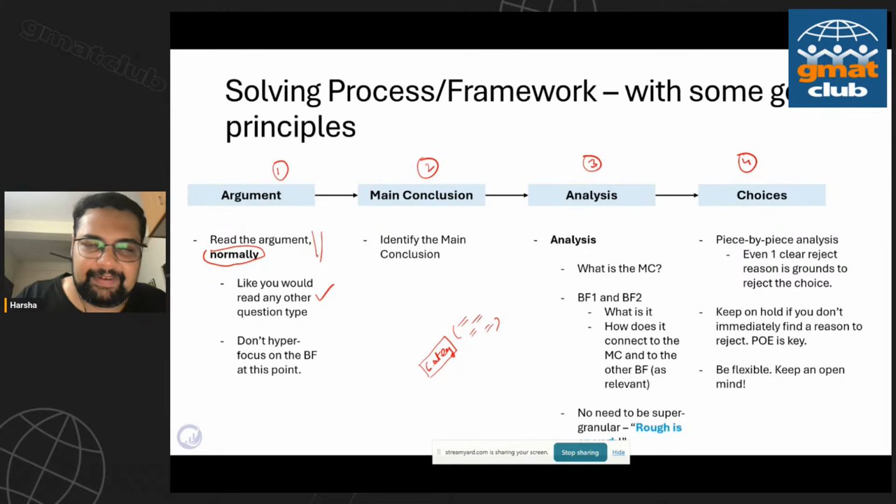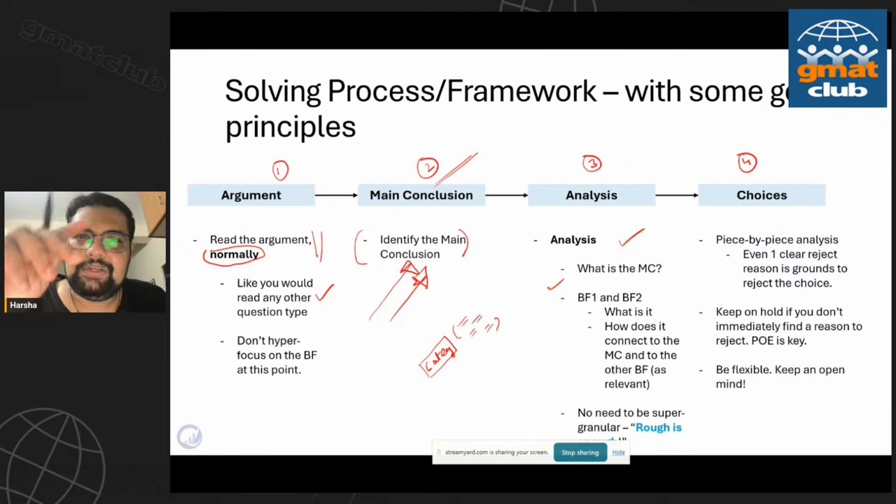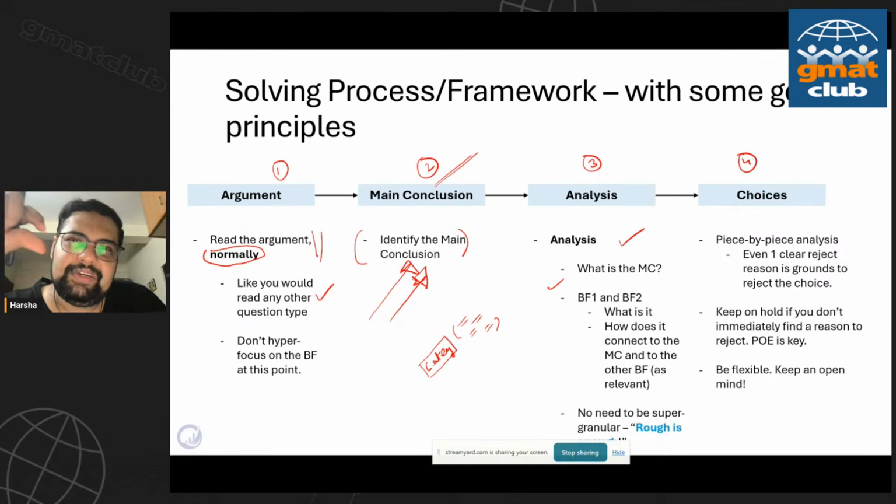Step two, we've kind of realized that in pretty much most of these questions, your main conclusion is eventually important. So step two is identify the main conclusion, if it exists. There are a couple of cases where it doesn't exist, in which case you just directly go and try to find out what everything is. But pretty much 95-96% of cases, there is a main conclusion. Go and find it, because once you've understood it, that's the most important piece of your argument. Everything else is centered around the main conclusion. So figure out the main conclusion, then you can do some analysis.